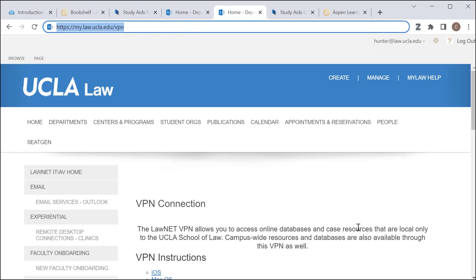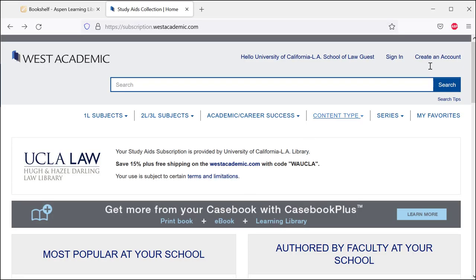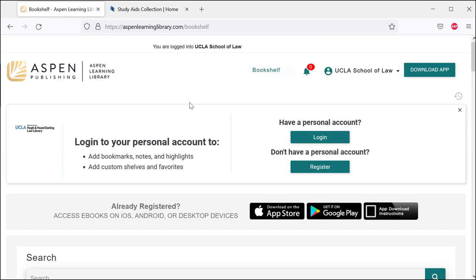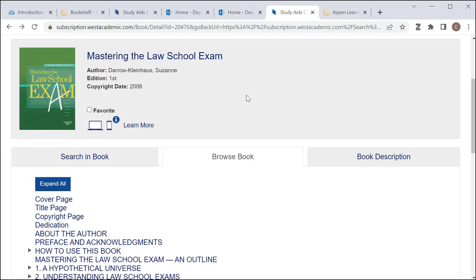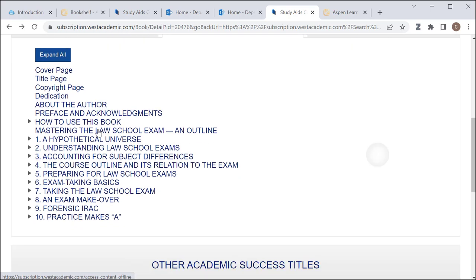The third way to access these databases is by creating an individual account for each one. So if you can already access both of these databases just by turning on your VPN, why might you want to register for an individual account? Well, there are two basic reasons. The first is that if you've registered for an individual account, you can actually download books onto your laptop or your tablet or whatever other device you use. The second reason is that if you create an individual account, you can actually go ahead and add notes and